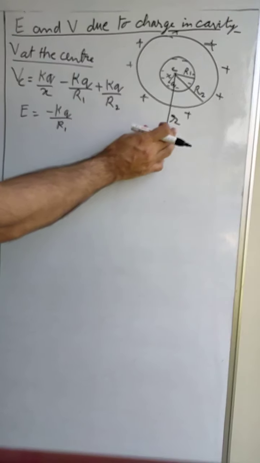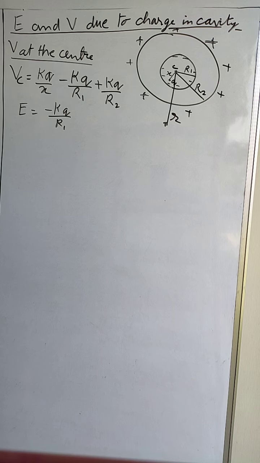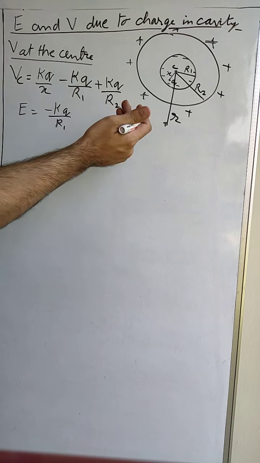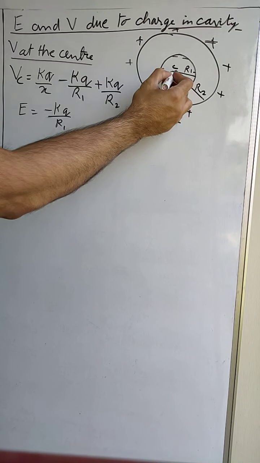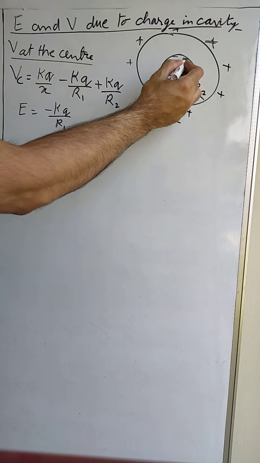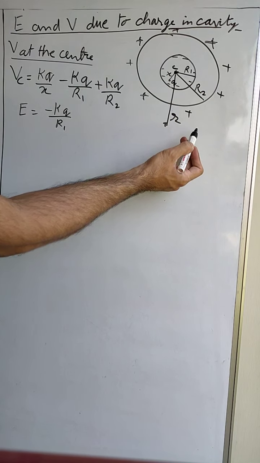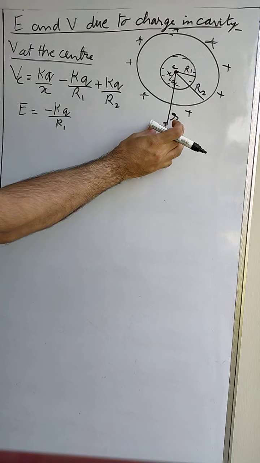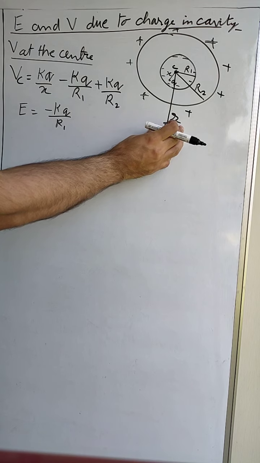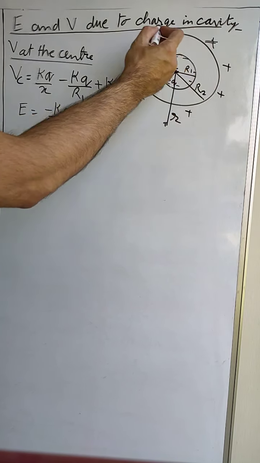Now for a point here, all the charge is considered to be concentrated at the center, so we can say that E at the outer surface will be because of outer charge. This charge Q and minus charge will create flux here, and this flux is not carried out on the outer surface. So the electric field due to this center cavity on this point will be zero. So the only charge which is going to create electric field on this point will be the outer charge.